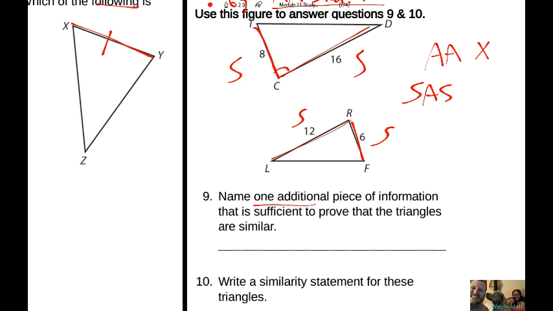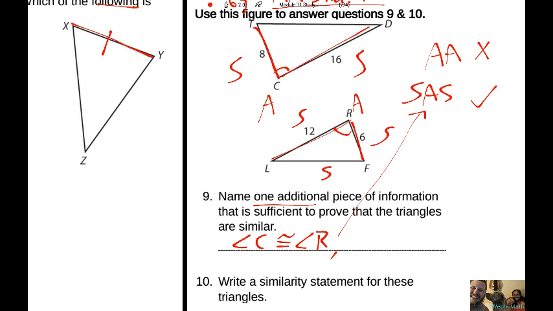Well, if they gave us this angle to be congruent to this angle, wouldn't that just give us SAS? All right, that could work. So they have to show us that angle C is congruent to angle R. That would definitely work. And then you have to explain, because you can use the SAS similarity theorem, and there you go. You could also play it dangerously, and a different answer, which would actually be correct, is,